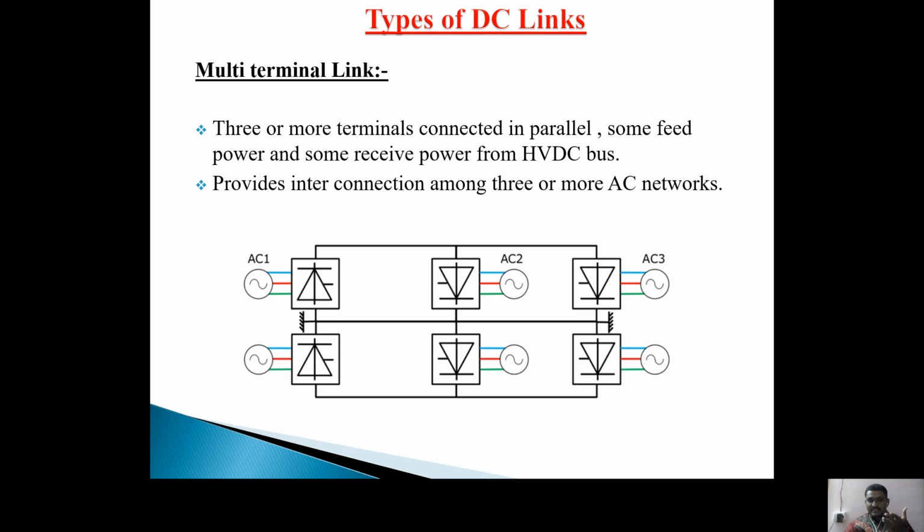If you observe this diagram, you will understand that point. Here in this diagram, we are taking three AC power networks, and we are providing the interconnection between these three power systems. Okay,